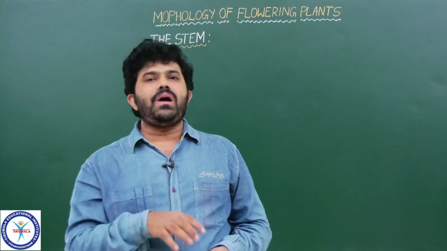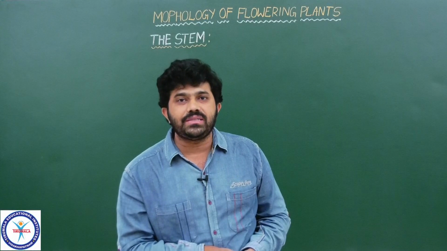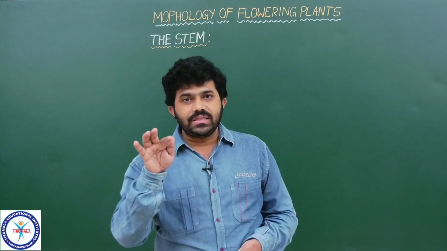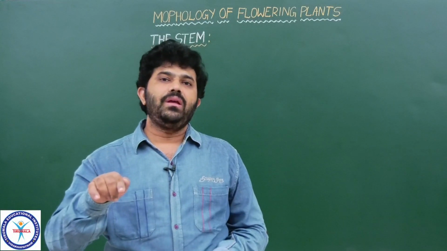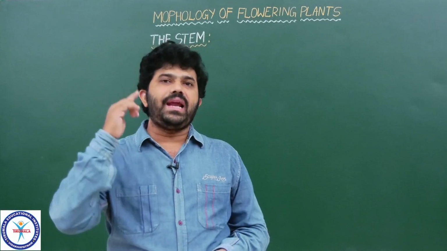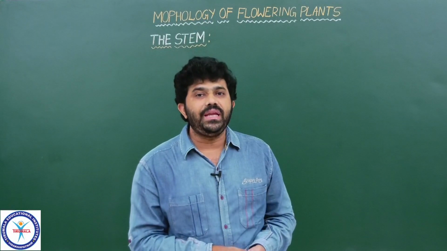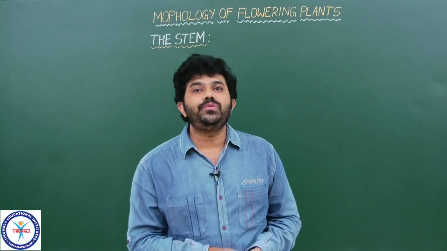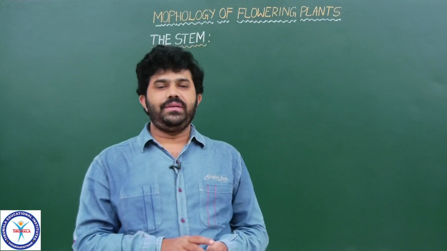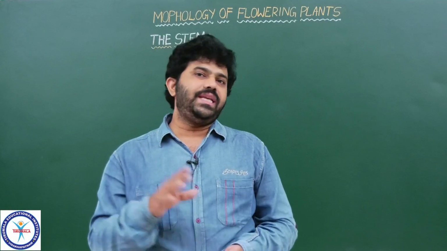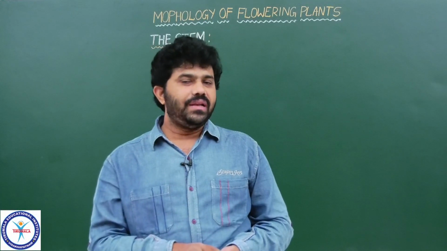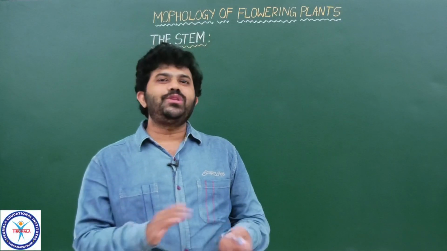And this is the stem, also called the aerial part because it grows out of the soil. Based on that, the stem grows towards the light, so it is said to be positively phototropic and negatively geotropic. Means the root system is positively geotropic and negatively phototropic. This refers to the stem.